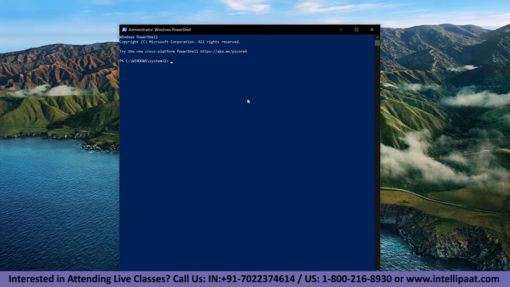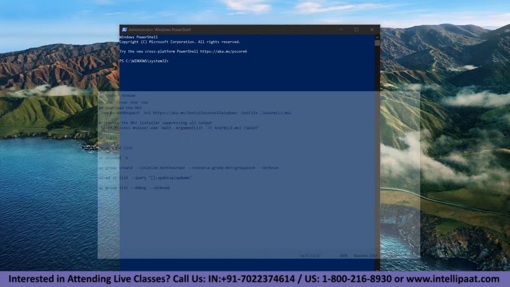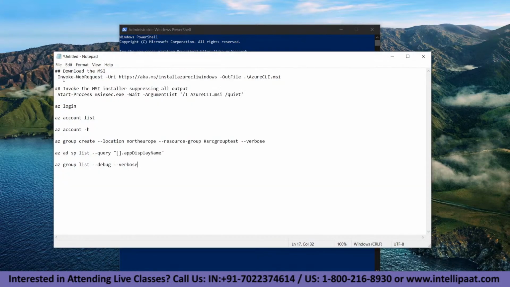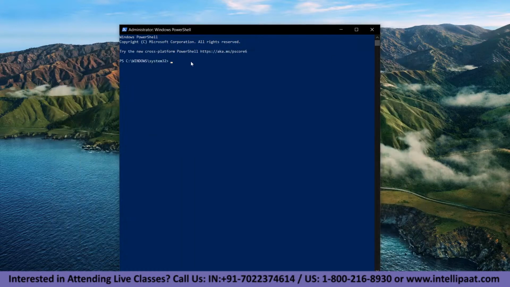So here what we are doing is the same thing. We are downloading the MSI file, but we are not directly downloading it. We are actually asking PowerShell to download it from the Microsoft website and install it. So for that we have to give a certain code. So if we see here, the first code, download MSI. If I copy it from here and paste it here and press enter,